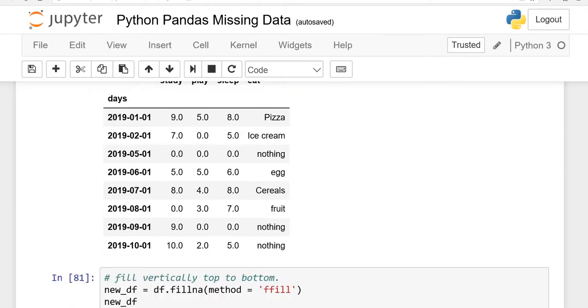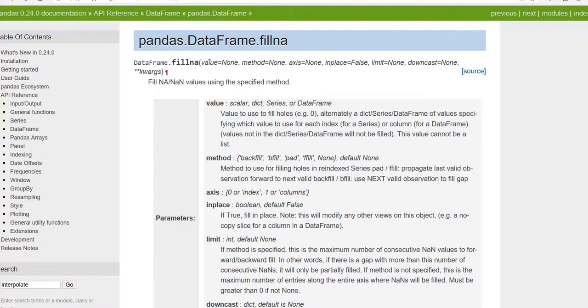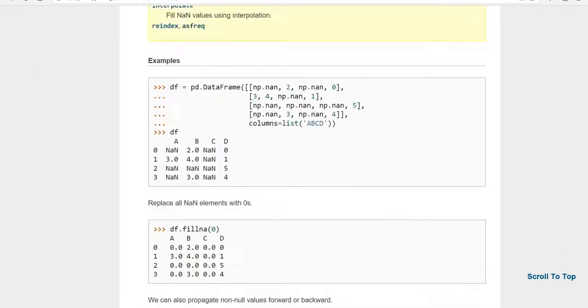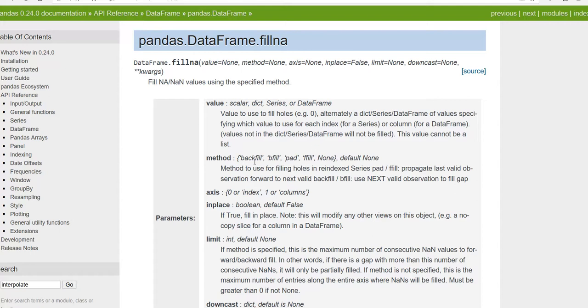Okay, move on. Again, the fillna function, but I will say that you have to go on Google and search for pandas DataFrame fillna, and you can find all these parameters. So we will use limit and inplace here, you know, right? In method, backfill, bfill, pad, ffill, we will work on this. I'm not going to use each and every function, so you have to read from here. But in method, backfill, bfill, ffill, I will work on it. In axis, inplace, I told you inplace is equal to True, limit.